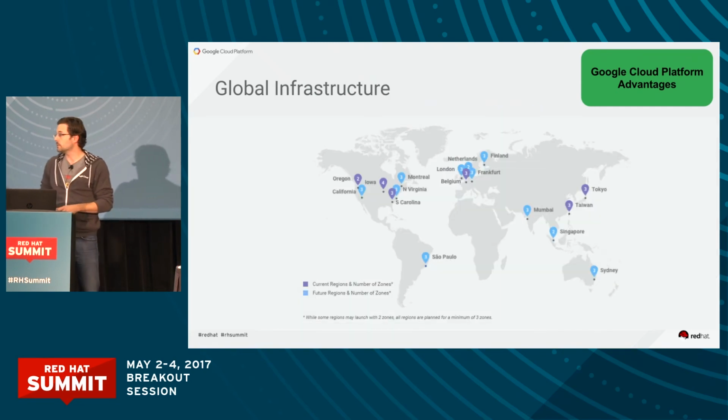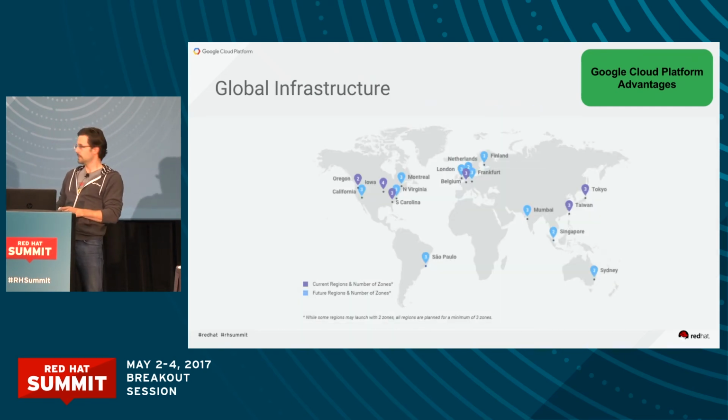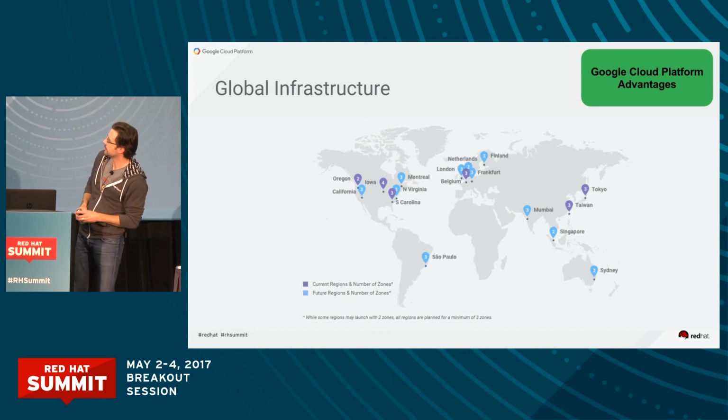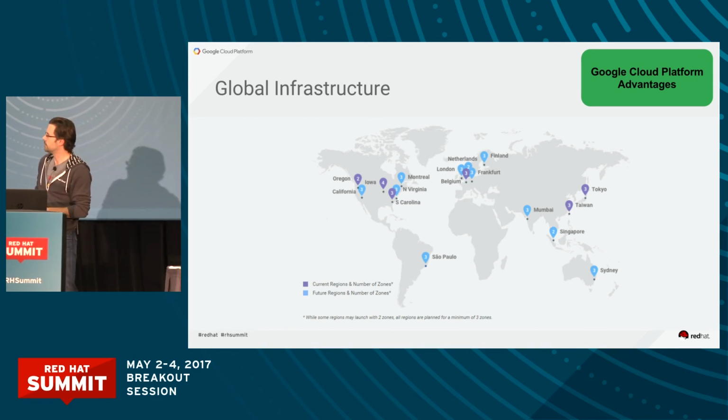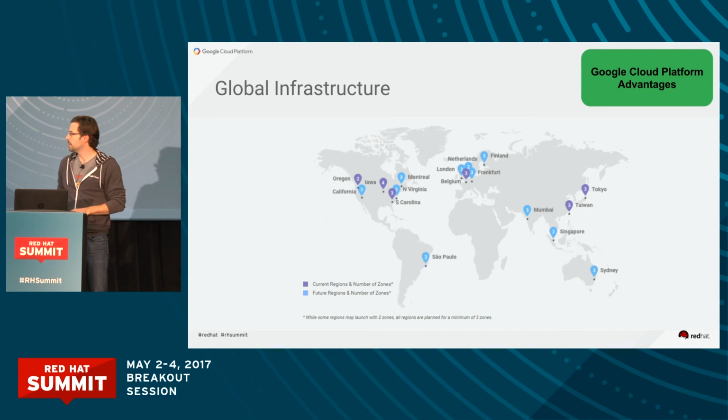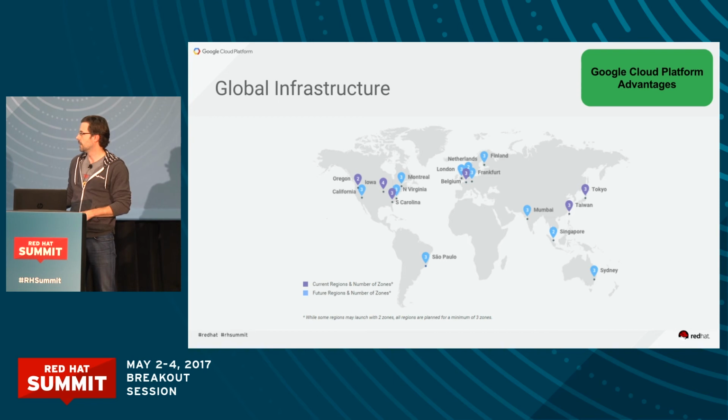The other thing is, yes, we have a large number of regions. This is a little bit of an eye chart, to be totally transparent. You can see a few of these. Let me do it this way. The purple are regions and zones that we already have, right? These are up and running, so we have good global coverage. However, in the next 12 months, we're also going to be opening ones in the US, Sao Paulo, Finland, Frankfurt, Netherlands, London, Montreal. Someone asked for Montreal. Canada, done. Sydney, Singapore, and Mumbai.